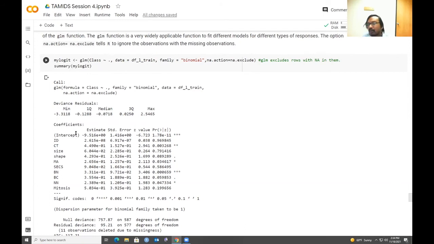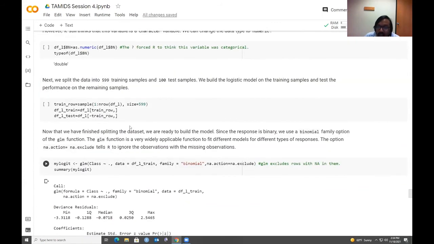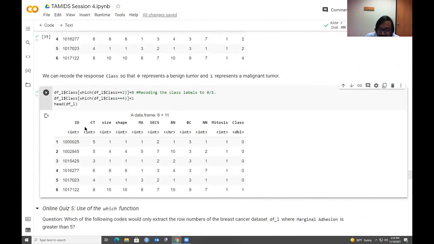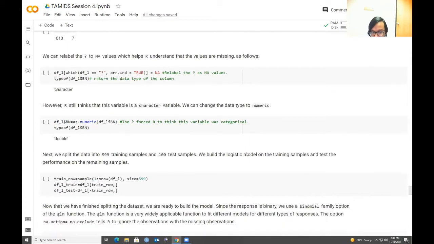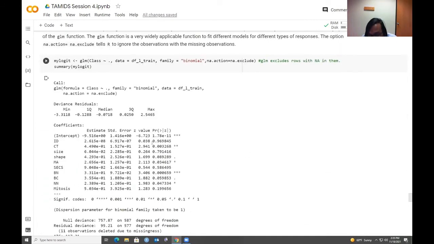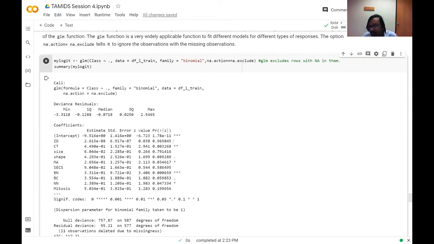One funny observation is that one of the variables indicated in this model was the indices, the IDs of the patients. Of course, you do not expect the IDs of the patients to have anything to do with the response, that means whether the tumor is malignant or benign, right? As you can see, this model correctly captures that the very high p-value indicates that there is no evidence of interaction between the actual response, the tissue being malignant or benign, and the IDs of the patients.